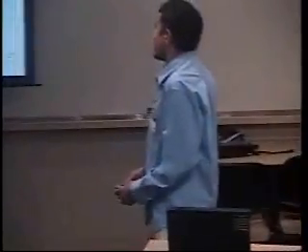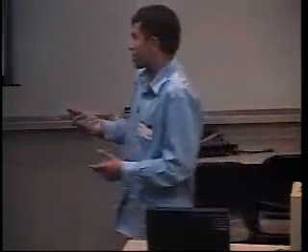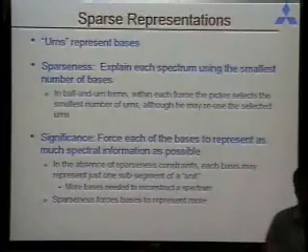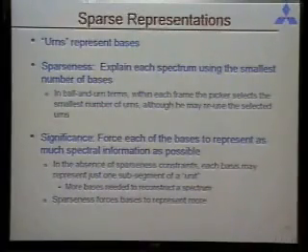So anyway, for the sparse representations, our urns represent bases. What we speak of when we want a sparse representation is that we want to explain each spectrum using the smallest number of bases. In ball and urn terms, we want to say that when the person is generating the spectrum for a particular frame, he may have 100 urns at his disposal, but for that frame, we want him to use the smallest number of urns. It's best if he uses only one urn and draws all of his balls from that one urn. That's the zero norm definition.